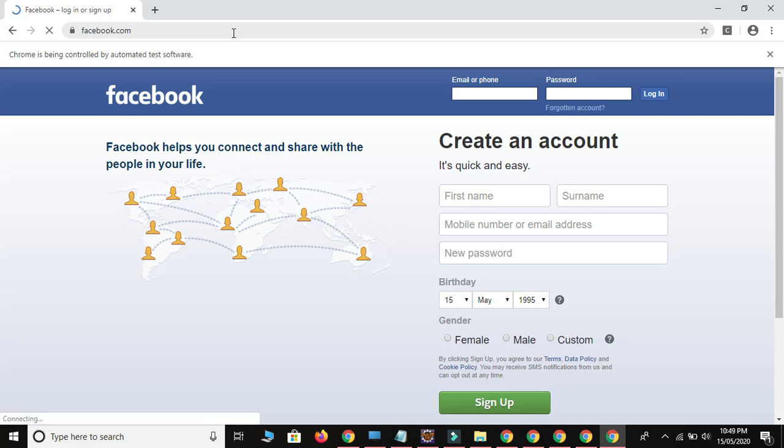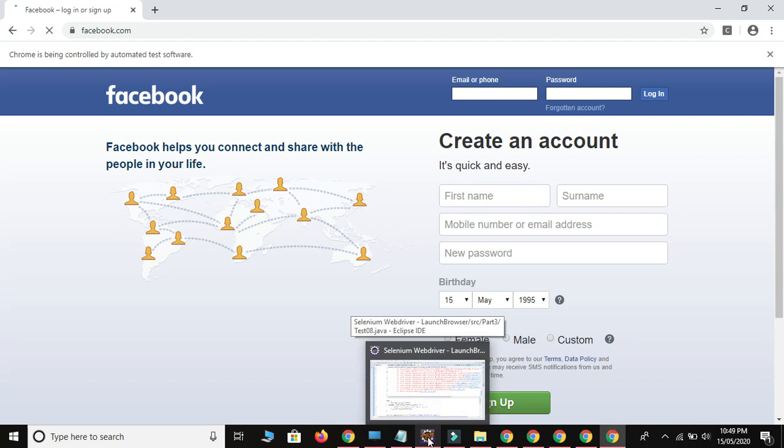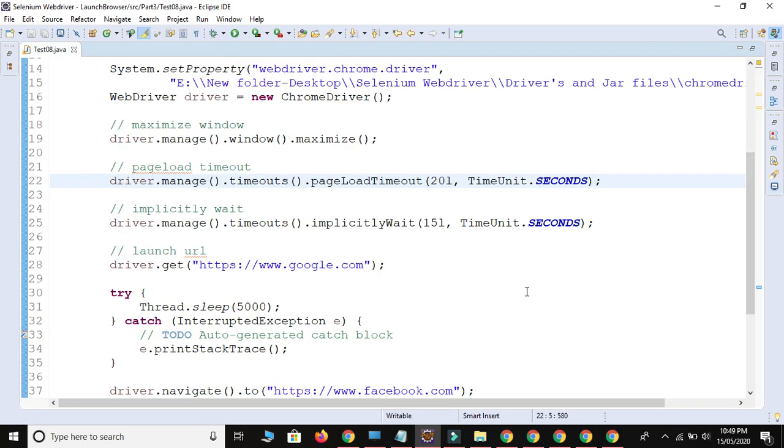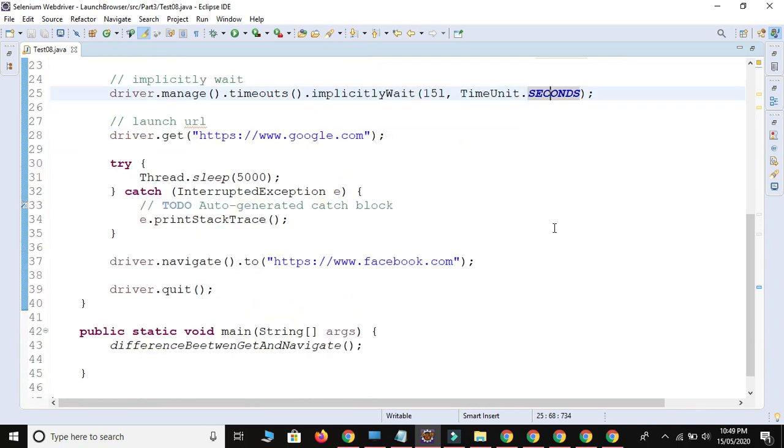It will execute first of all and then close the browser. I think we get timeout exception. Just let me check. Yeah, we got timeout exception, but it will completely work for you, I'm sure. I am facing some network issue, that's why my machine is not able to close the browser.